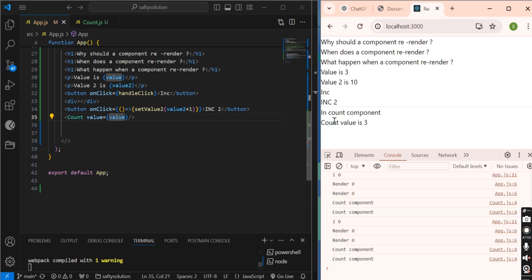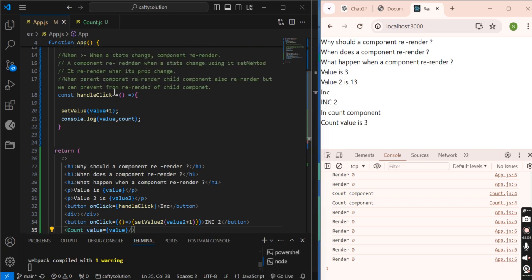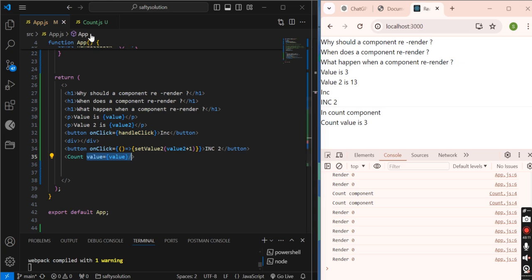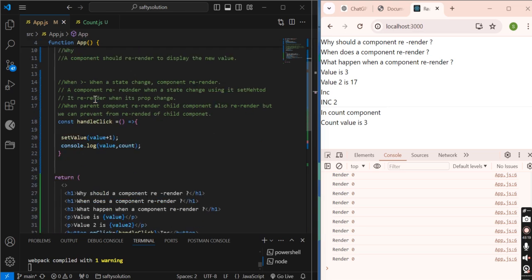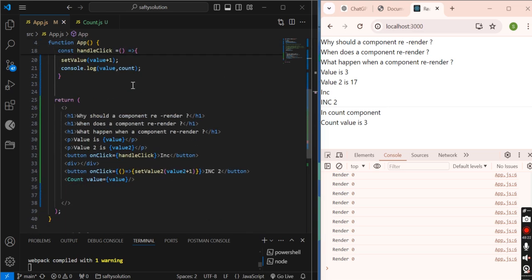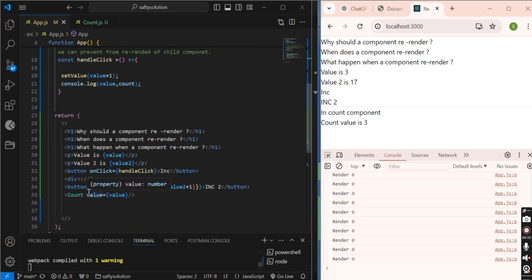Sorry, re-rendering. But when I am clicking on this, the parent component is re-rendering, but the child component is not re-rendering. Why? Because here the value is not changing. Here this second value, value2, is changing, and since the value changes, the parent component is re-rendering, but value2 is not the prop of this component.